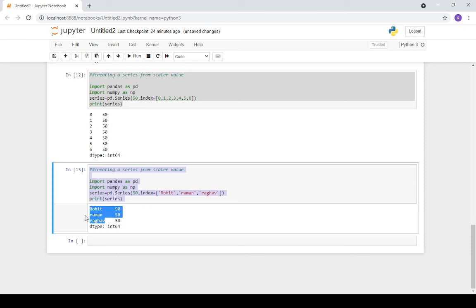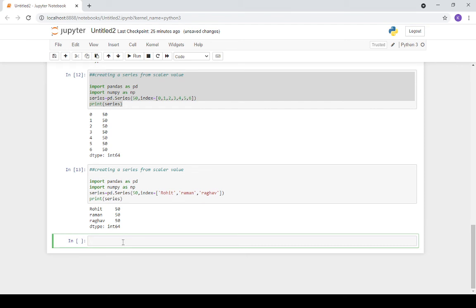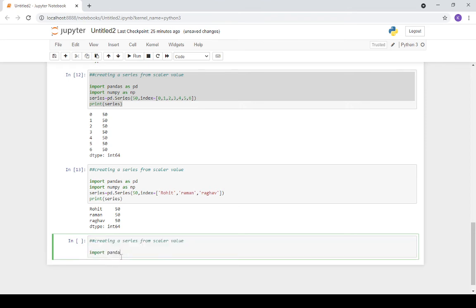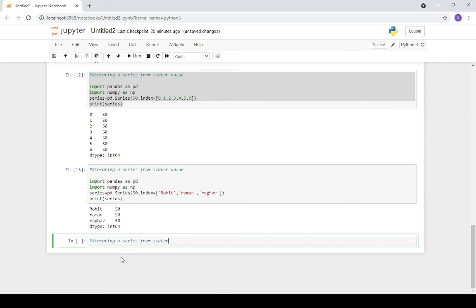There are several functions which can also be used with NumPy. So I'm going with one which is known as a NumPy function. Basically we are creating a series by NumPy functions. There are several types of NumPy functions that you can use.